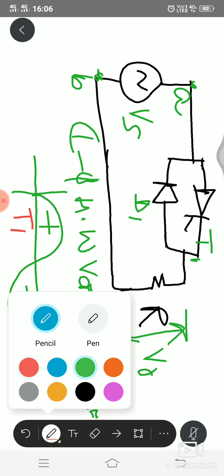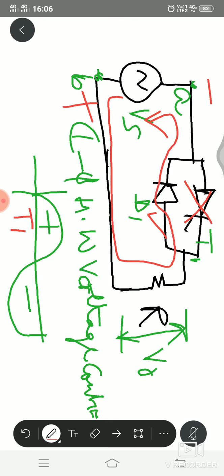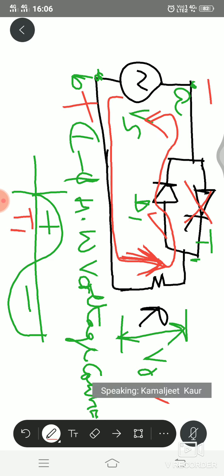Now during negative half, point B will be more positive than point A. So T1 will be reverse biased and D1 will be forward biased. So how the current will be flowing? The direction of flow of current will be like this, through diode D1. Now in this case, load current direction is in the upper direction. If you compare with the previous case, when T1 was conducting, during that time, load current was flowing in the downward direction. Now the load current is flowing in the upward direction. So current direction is reversing in both the cases. So this proves that the type of voltage which we are getting across load resistor is an AC voltage.